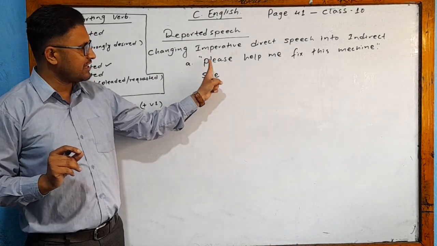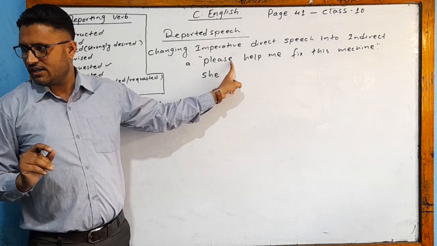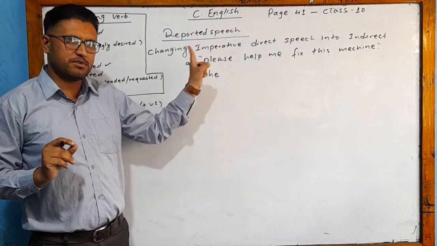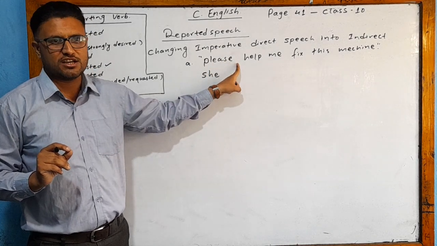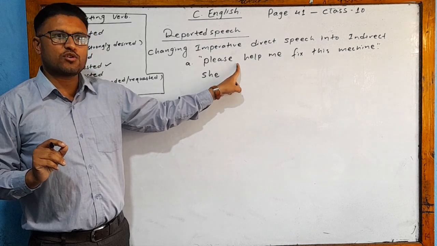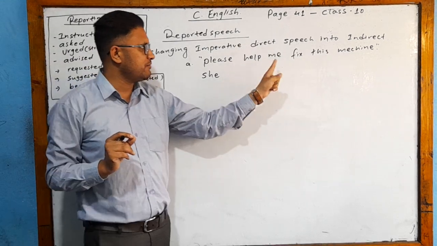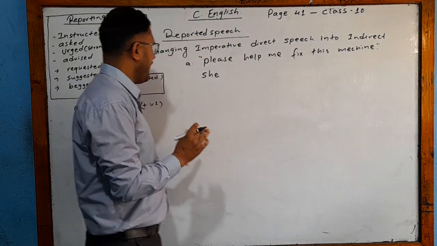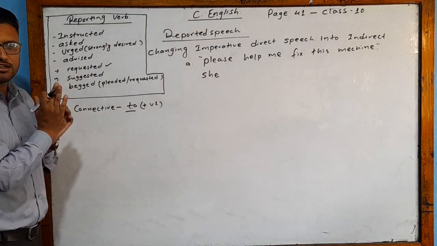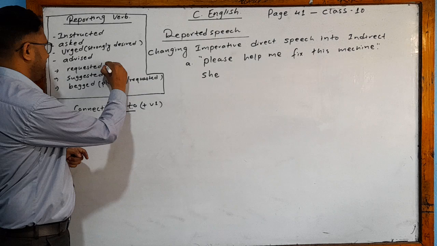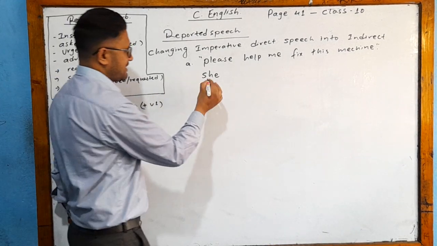The sentence starts from please. It is exactly the same as we did before, because it is also a request. Someone is making a request, and the request is what? To help him or her to fix that machine. So among these reporting words, the best reporting word is again request. So let's write: she